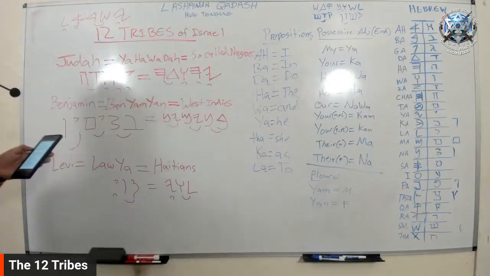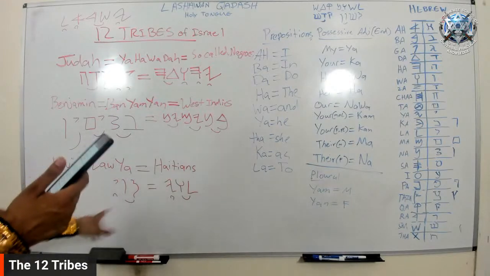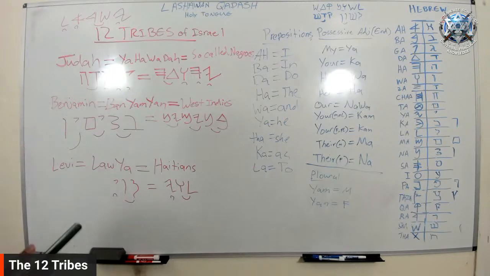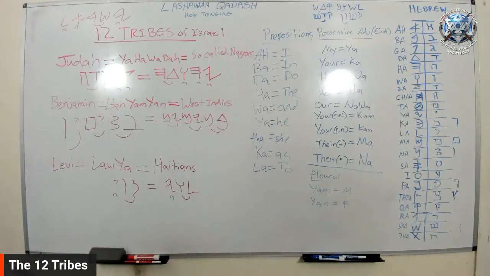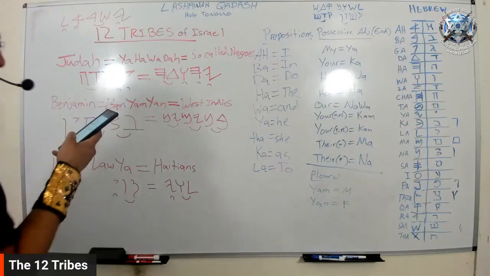So the word Levi, or in ancient Hebrew, Layah, means joined to. Okay? Joined to. Which makes sense too, because again, they have that responsibility of being the priestly tribe. So they're very close to the Most High in that sense because of the responsibility that they held during the ancient times of Israel.